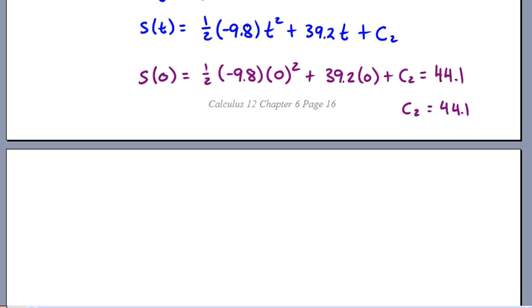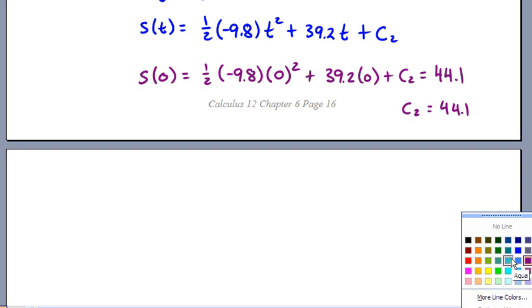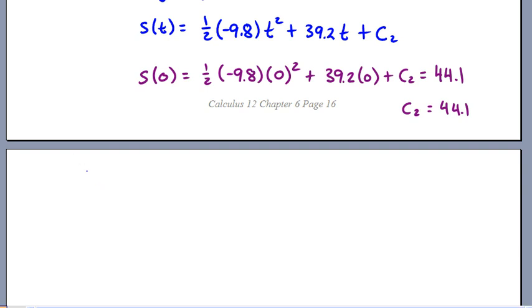We can go over to the next page. There's room to finish this question off. But it looks like we're now ready to tell people what we've got. So the position at any time that people want to know is going to be 1/2 negative 9.8. And yes, you could write that as negative 4.9, but I wanted to write it that way because it feels more like physics 11 or physics 12, right? 1/2 at squared, and then plus